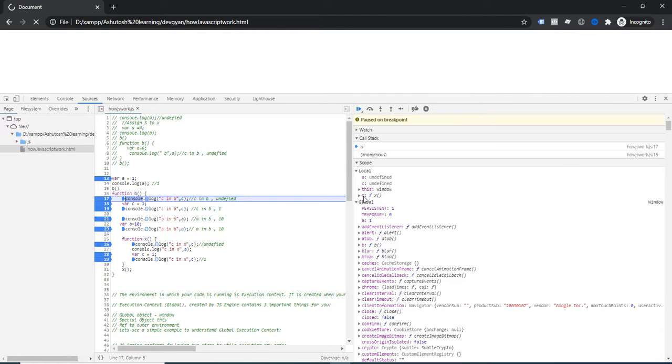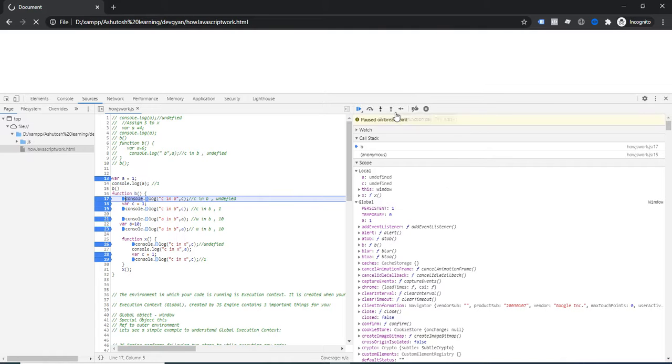So it accesses the window, it's all right. And x, why? Because during parsing, during the identification of variables and functions, it will also identify the function statement which is x, and the x function is stored as a key-value pair in the local memory. So that's why the x value is pointing to the function.